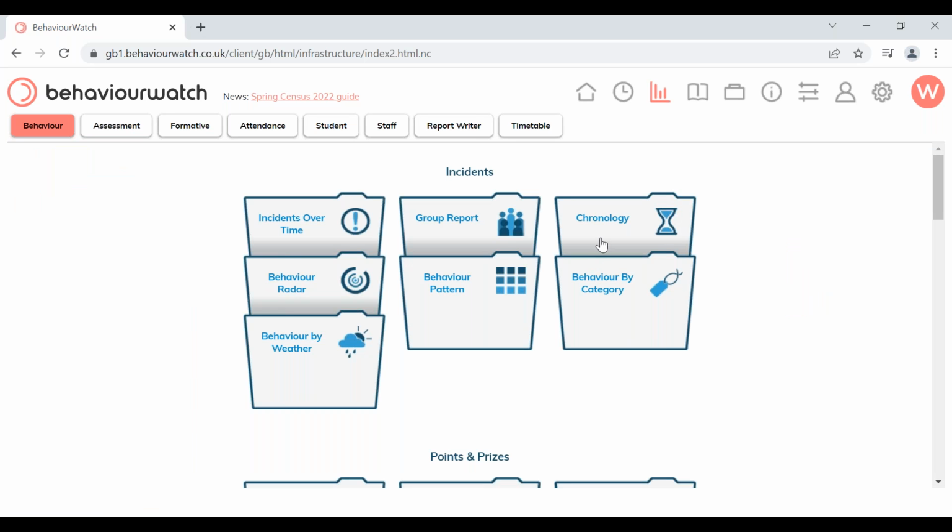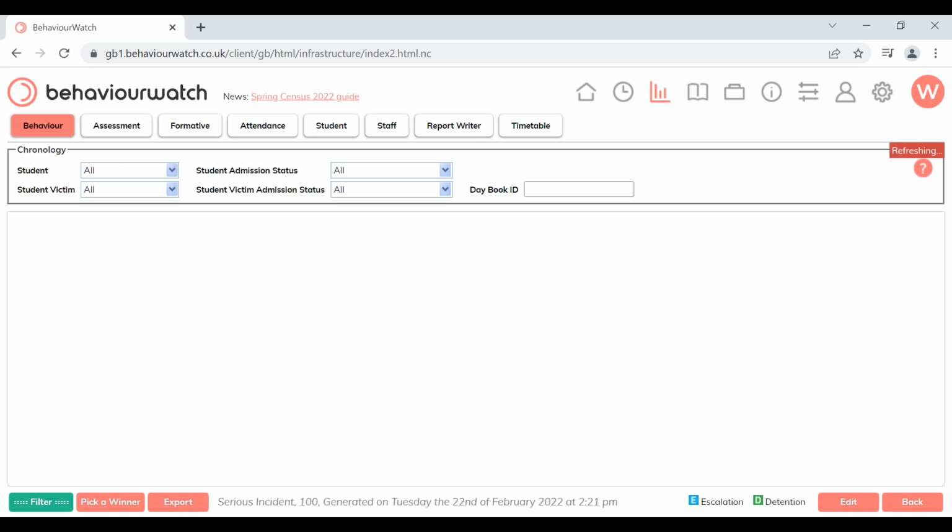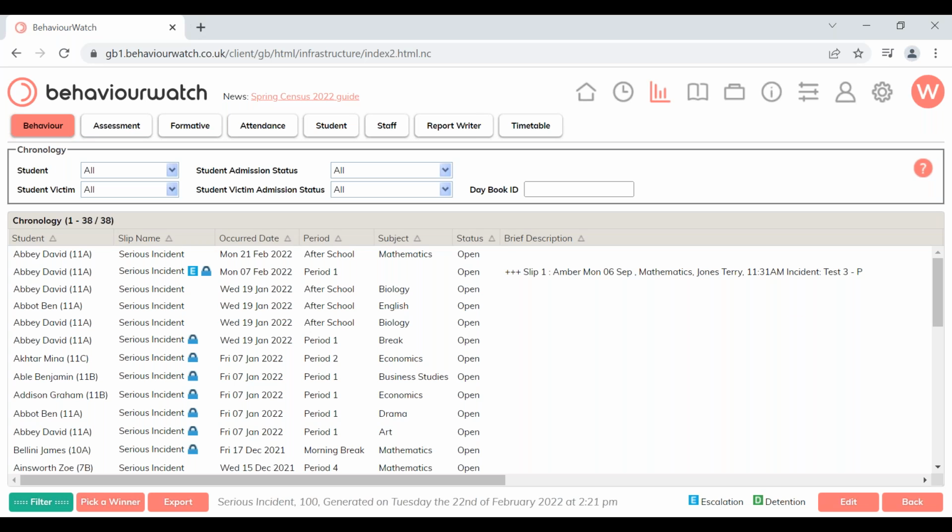If we jump over to the chronology report now, this one is less about analyzing data and looking at data in a graph format, and more just about having access to all of the records on your system from one place. So this will basically show you every record that's been filled in on the system according to the filters